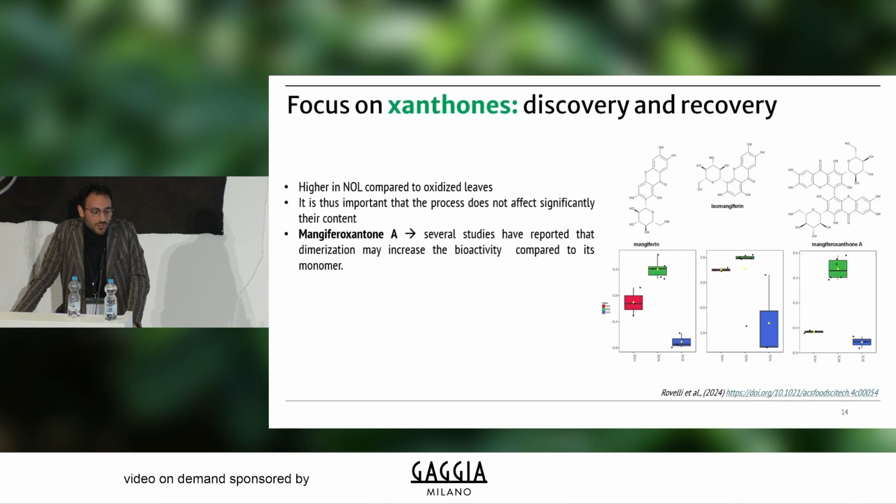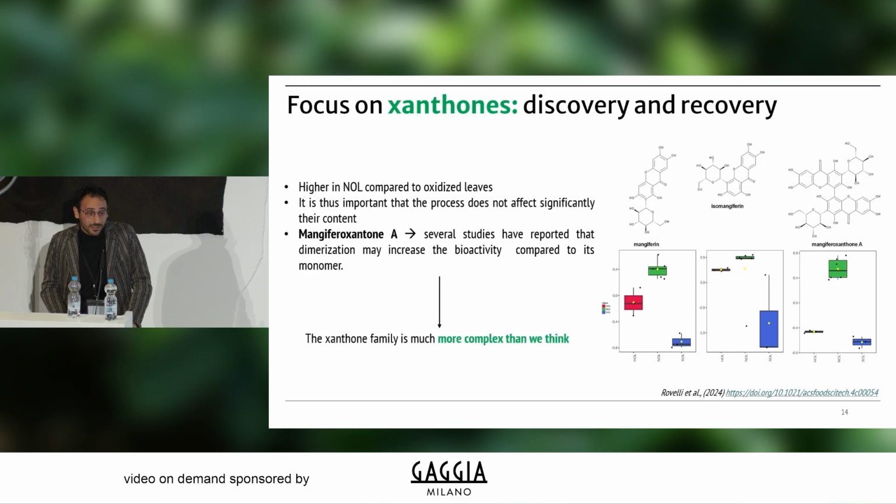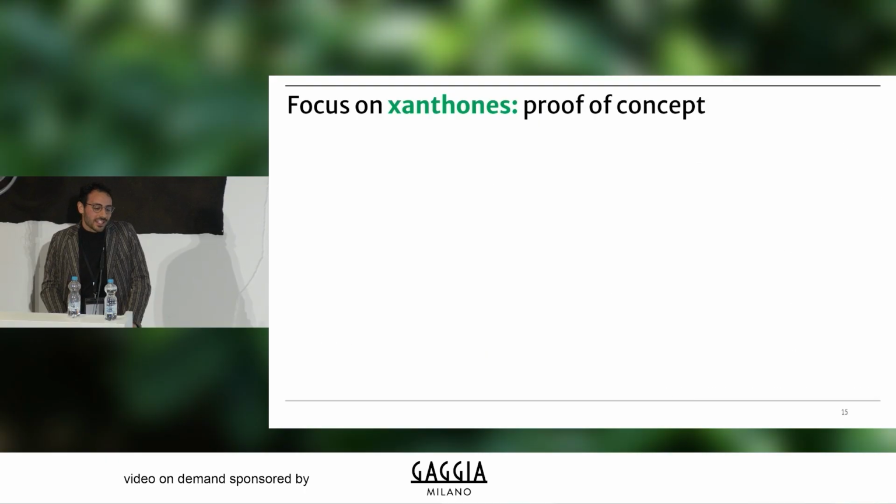So our previous study that I showed you before focused a little bit on this aspect, and we found that there are a lot of compounds, in particular this mangiferoxanthone A, that is a dimer of the monomer mangiferin, that exerts a higher bioactivity compared to the others. And also their content is not significantly affected by the post-harvest production process. So we know that the xanthone family is much more complex than we think. So to investigate them,